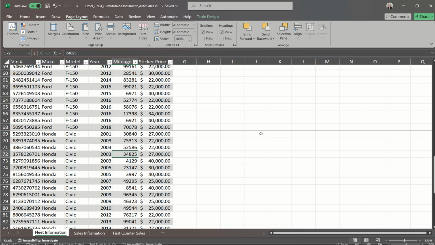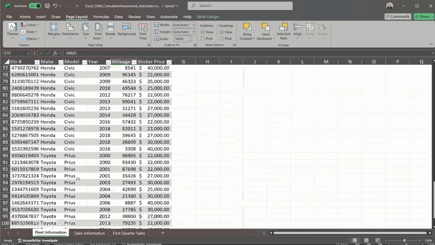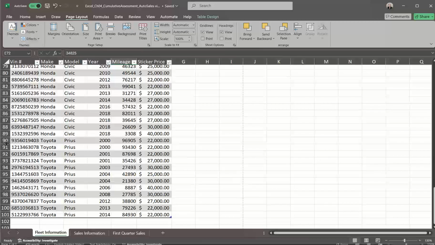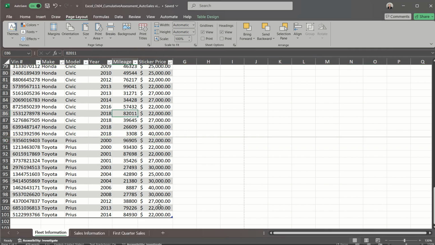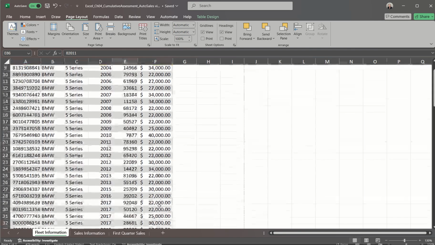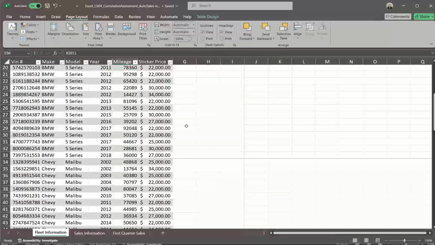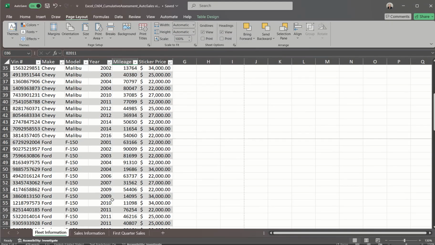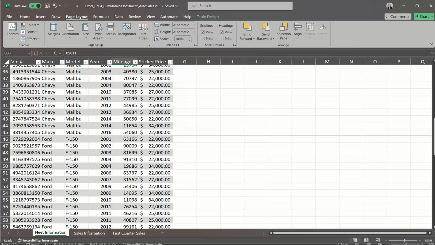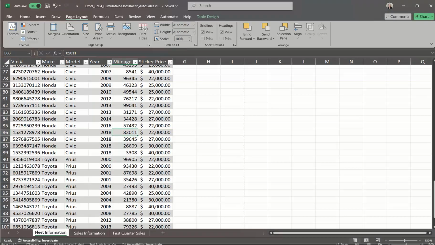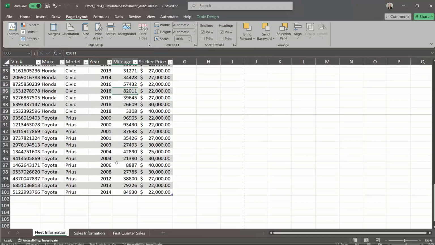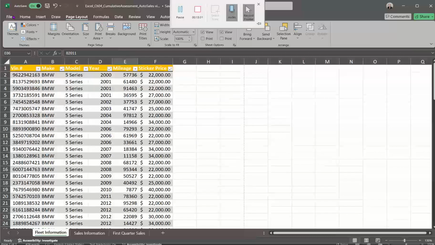and there's the line, and then Honda ends, Toyota starts, 90, so click 90, go to page layout again, breaks, insert page break. So now we got a line. So we have our lines in between. Here's the line between BMW and Chevy, the line between Chevy and Ford, the line between Ford and Honda, the line between Honda and Toyota. Okay, so now if I go to File, Print,